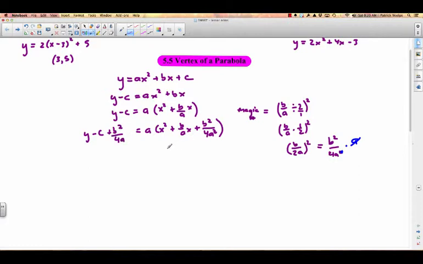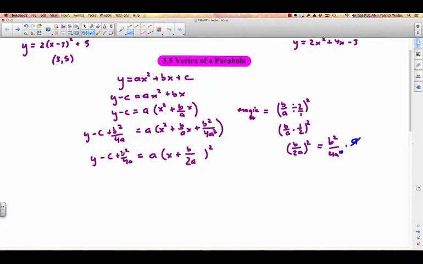Alright, next thing to do is to factor the right hand side. So it should end up being something squared. Well, obviously it's going to be x times x to get x squared. And how do you get this other term over here? It's going to be plus, because it's all pluses here. You can either take the square root of this. The square root of b squared is b, and the square root of 4a squared is 2a. Or you could have taken half of b over a, and half of b over a is b over 2a, so it worked. Alright, and then on this side we still have our y minus c plus b squared over